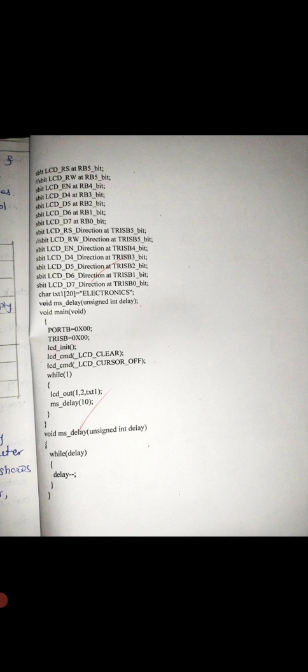Here is the command for the LCD, and then it goes to the return.